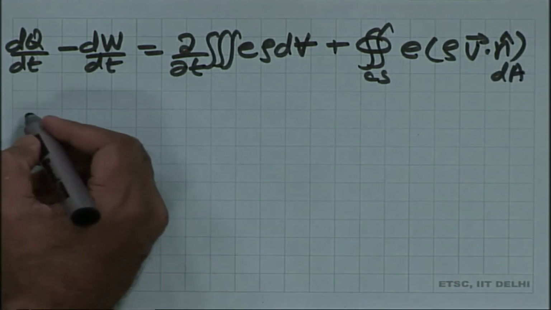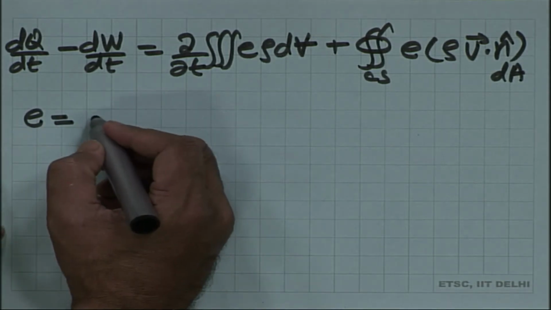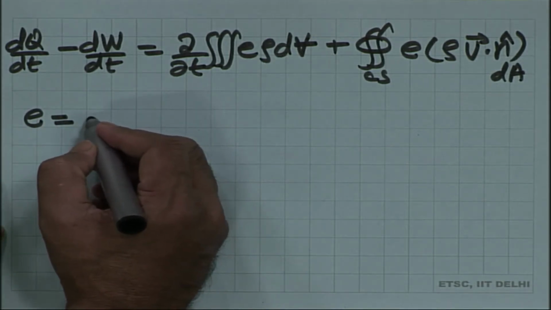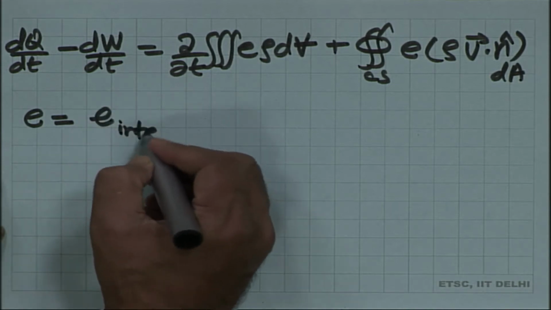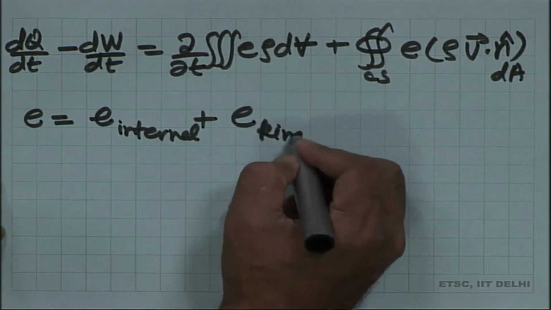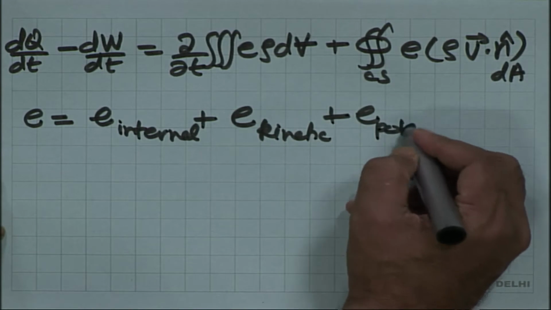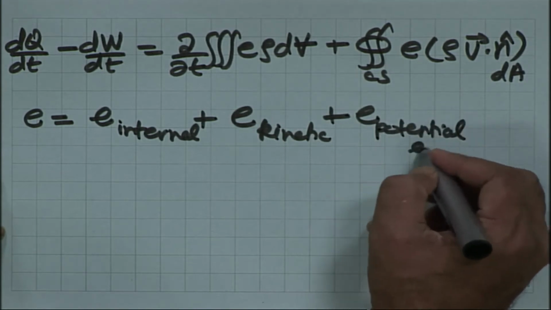Now, the specific energy will consist of E internal plus specific kinetic energy plus specific potential energy,